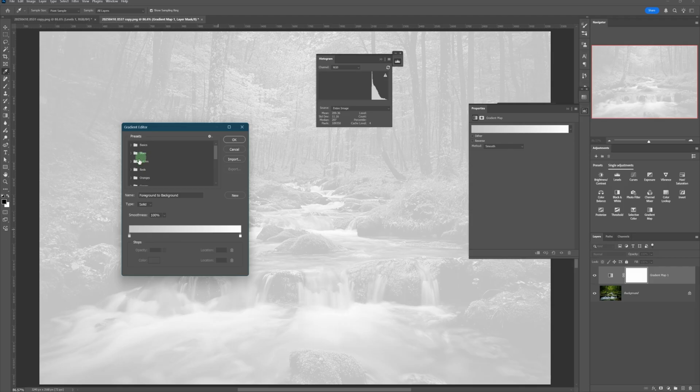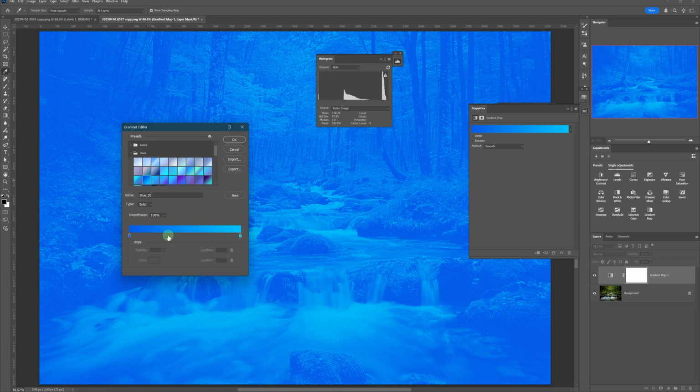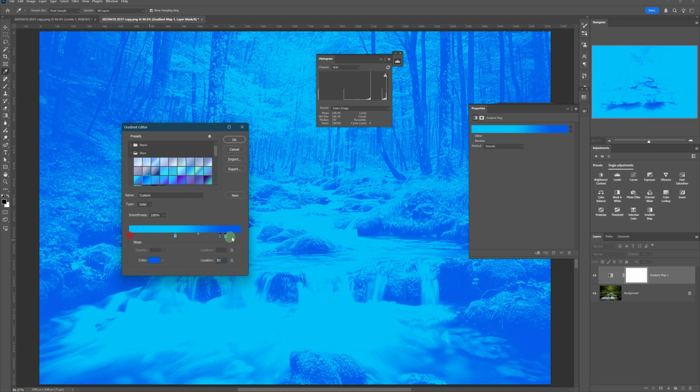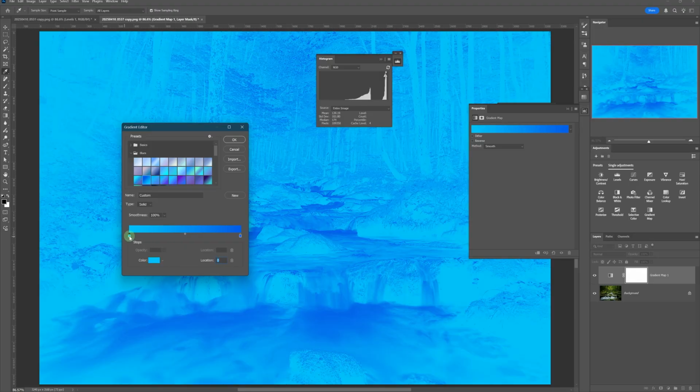There are some presets which are available. For example, if you want to use a blue preset, you could use something like this. And since this is going from bright to dark, you've got the inverse. So you may want to either choose another one like this, dark to bright, or you could swap these buttons by moving them. I'm going to bring them back,